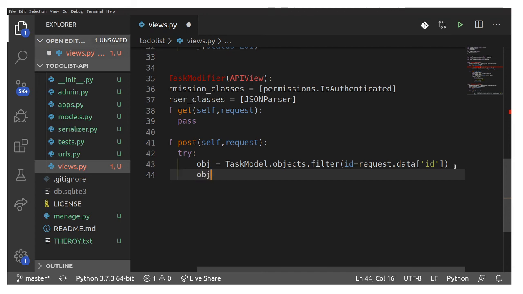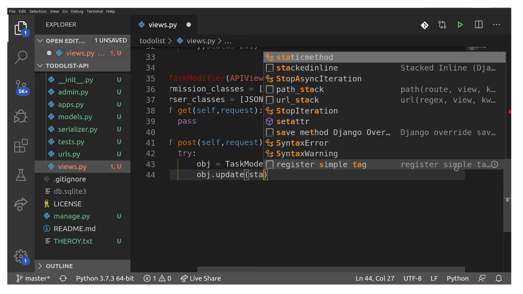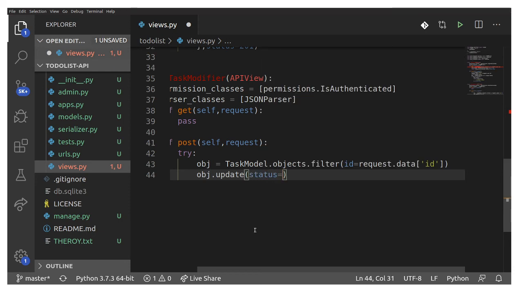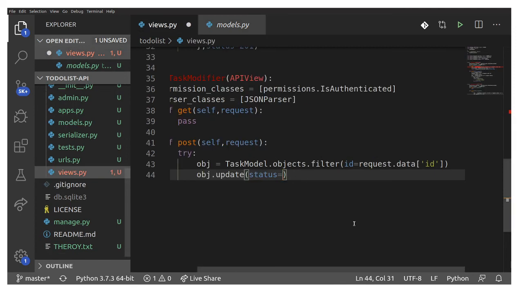Now just type object.update, status. You need to give the field name whatever you specified in models. Over here we used status, so status equals to whatever status he gives. It may be false to true or true to false. So request.data of status. Cool. And now once you do this,